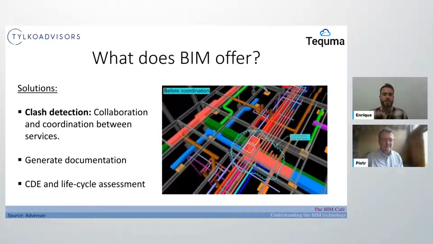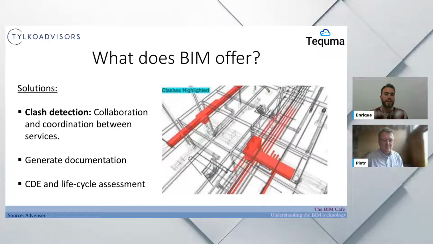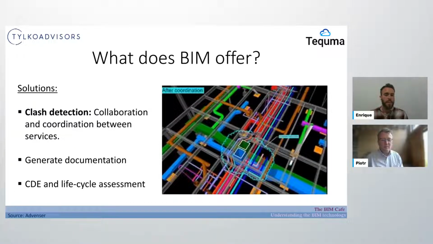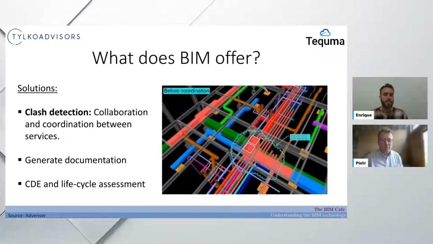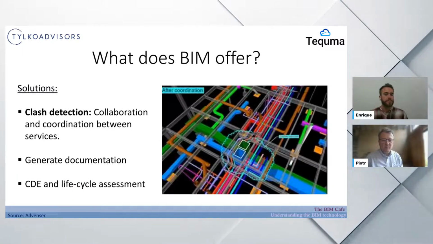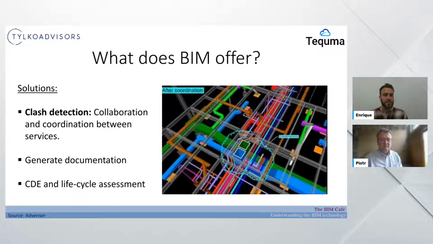And with BIM, you can see on this representation how they can even highlight the clashes. They can extract it and say, okay, these potential conduits are clashing with others, so we need to propose a solution and bring it to a stage. So you can see, let me just go back, how the solution is to merge those two or separate them so they don't clash with the other pipes. This is one of the most important features, because the coordination of services in large scale works is one of the main problems and causes delays and extra money.